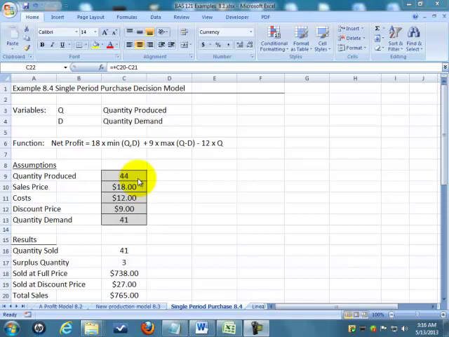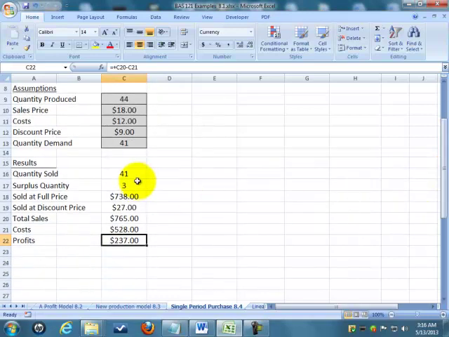we produced 44 units. The sales price is $18. It costs us $12 to produce. Our discounted price is $9, and our quantity demanded, i.e., how many will be sold at this $18 price, is 41. So if we look at the results of the model, the quantity sold is simply the minimum between,